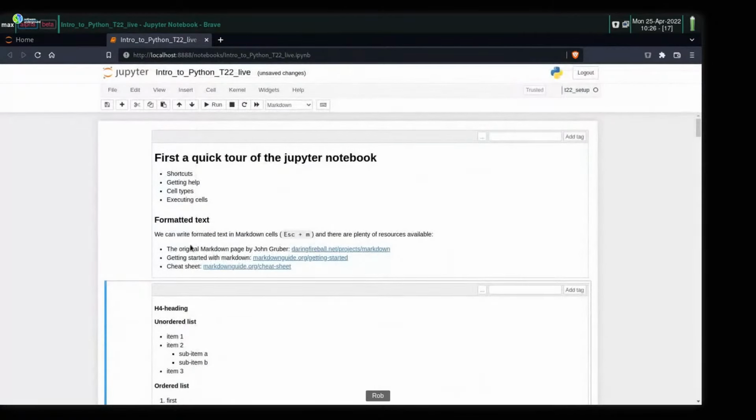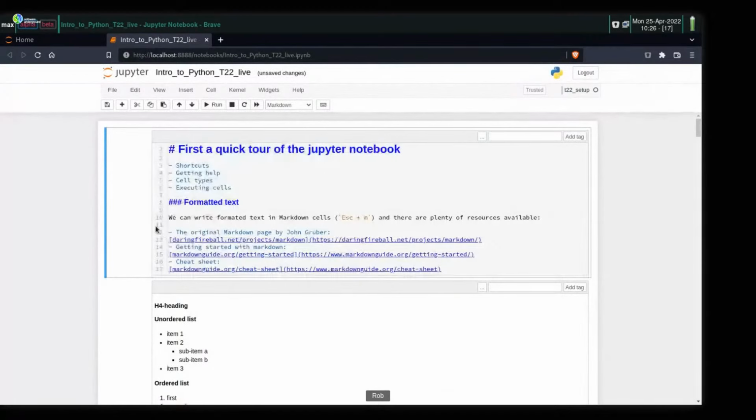Now, we can have formatted text, and if I double click, I can show you, first of all, here we've got a title with a single hashtag. Here we've got a subtitle with 3 hashtags. We've got a list with these ticks. And here we've got